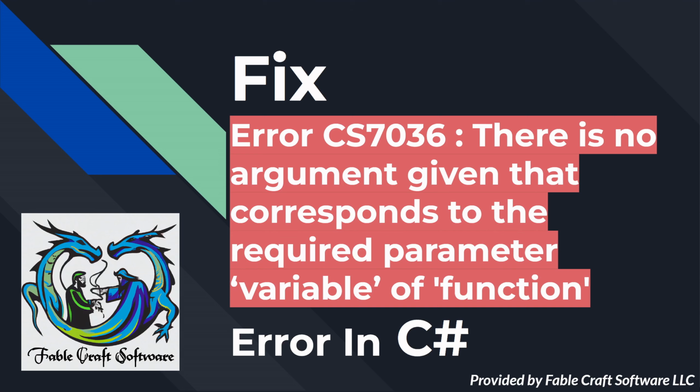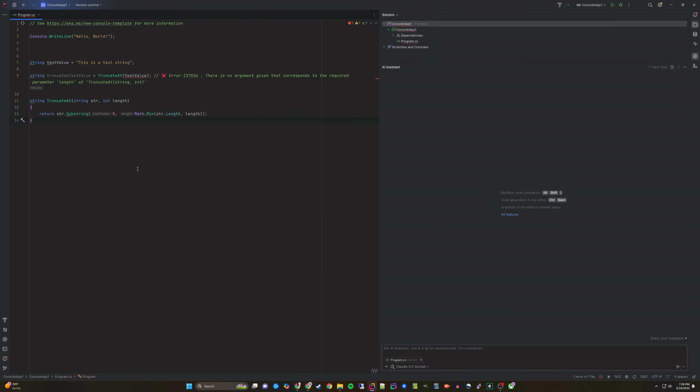In this video, we will demonstrate how to fix the C# error: There is no argument given that corresponds to the required parameter variable of function. To begin, I have the default C# console application with a few additional lines of code added and a function